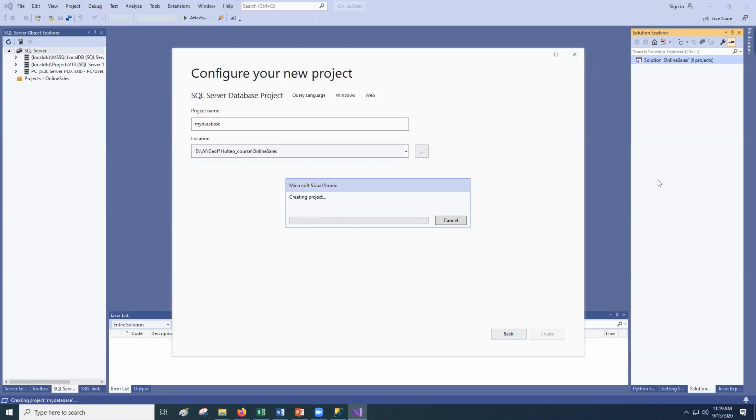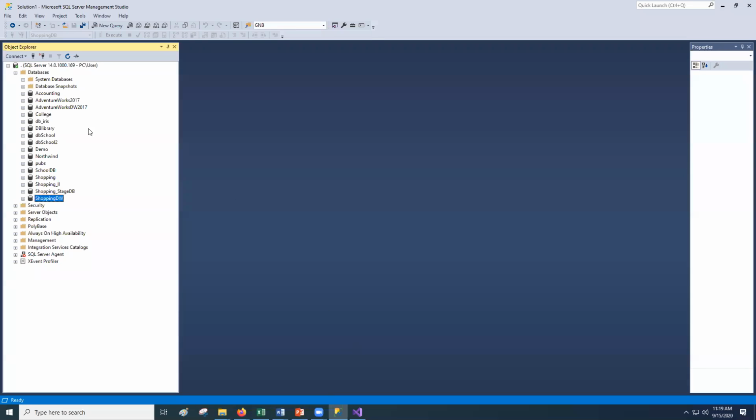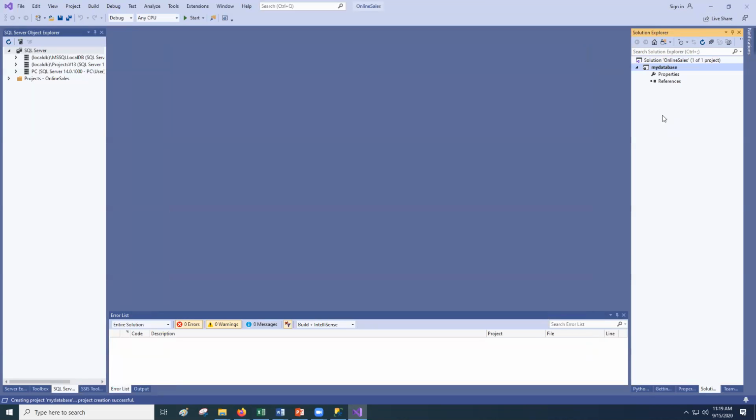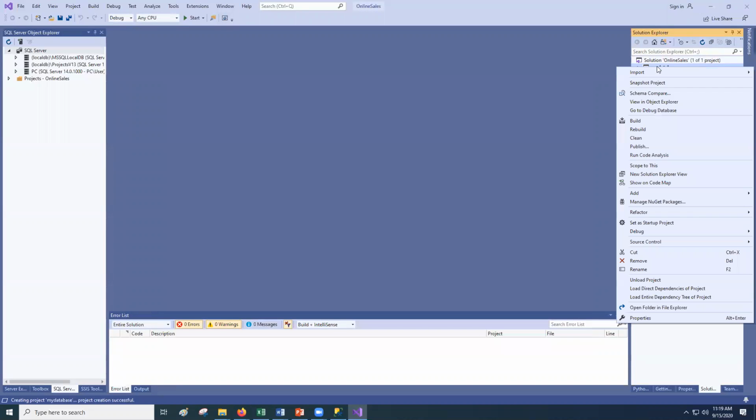Now, if you are going to use Visual Studio as an integrated development environment, you don't need any other tools. For example, if you want to work with a database, SQL Server, we would use SQL Management Studio. You don't need this one because you have this one. Yes, you can make one database project. After that, you can add